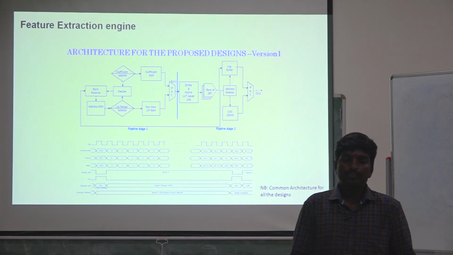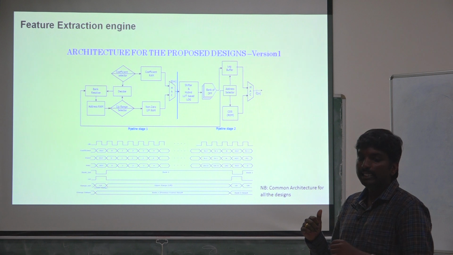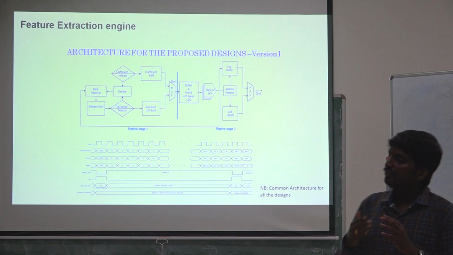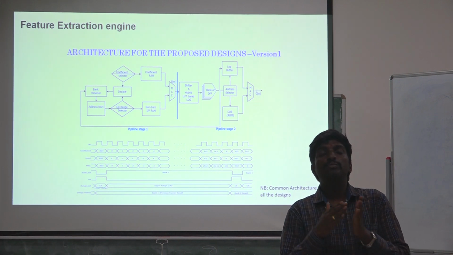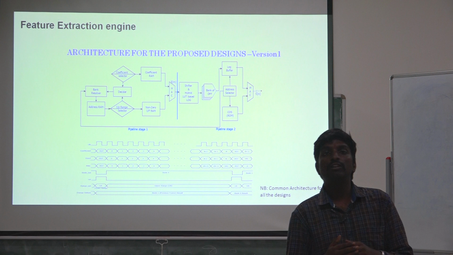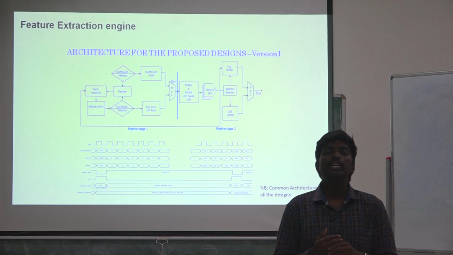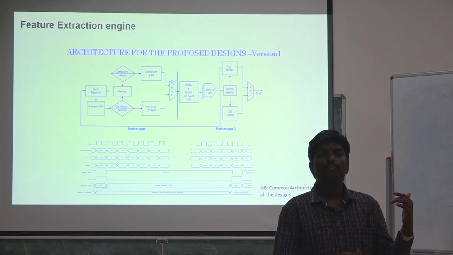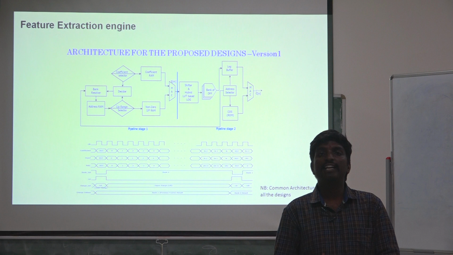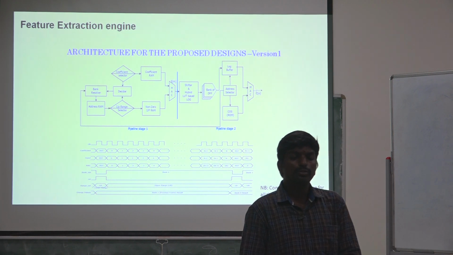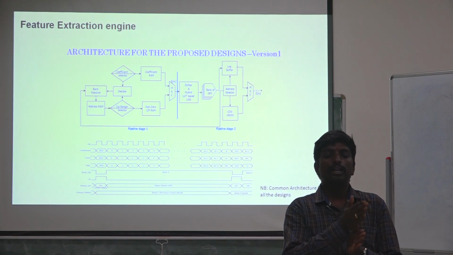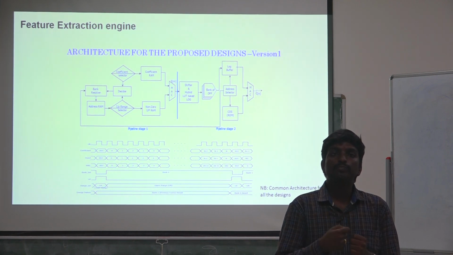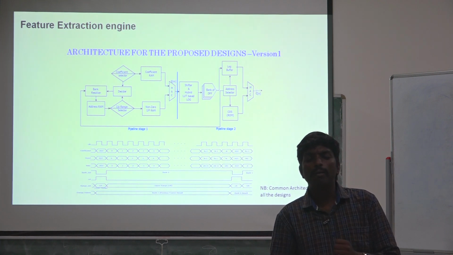Okay. So in the block diagram, we can observe the coefficient RAM and the non-zero IP RAM. If the coefficient RAM and the non-zero IP RAM give proper values to the MAC, it will do the mathematical computation of the summation of x of k into h of k, where x of k is the FFT coefficient and h of k is the Mel bank coefficient. To give the proper values from the RAM to the MAC, we need a control logic, and this control logic has to read the proper values to the MAC bank.